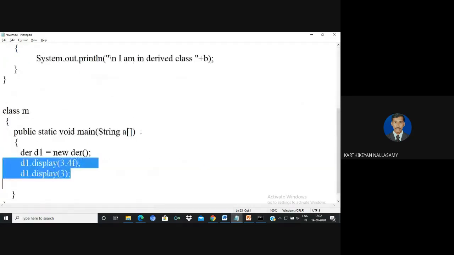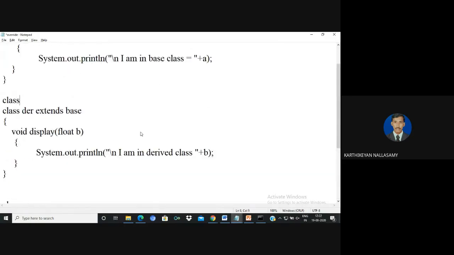So you can call it as usual, because it is easy to predict. This is called overloading also, using the type of your parameters. Since it is a float, it executes the method in the derived class. Since this is an integer, it executes the method in the base class. So it's a normal function call; it is not coming under function overriding. Okay, this is the thing you have to understand.